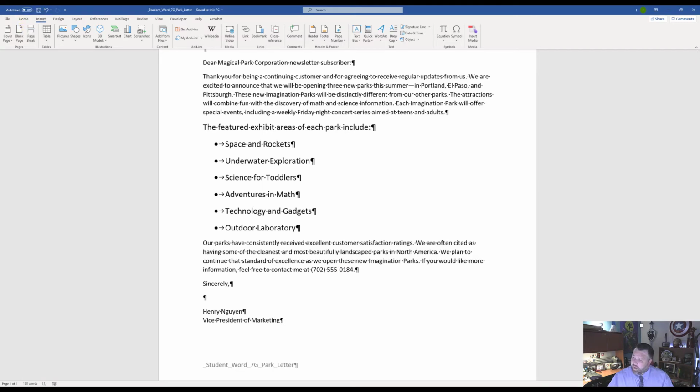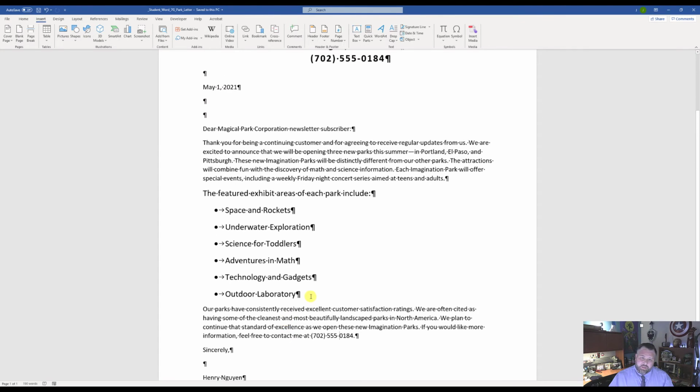For step number 5, it wants us to position the insertion point to the right of the paragraph that begins with "The Featured Expedition," following the colon. So let's put our cursor right here after this colon. It wants us to insert a picture that we downloaded,